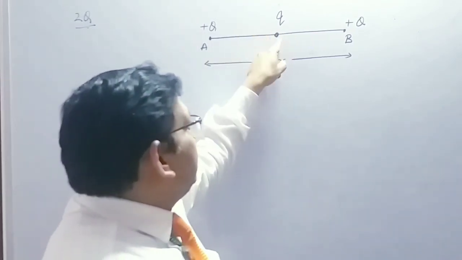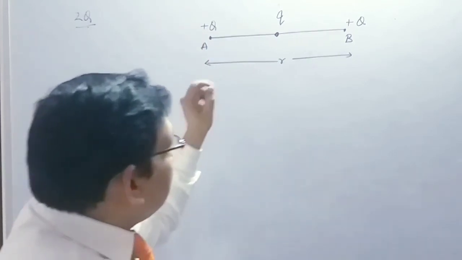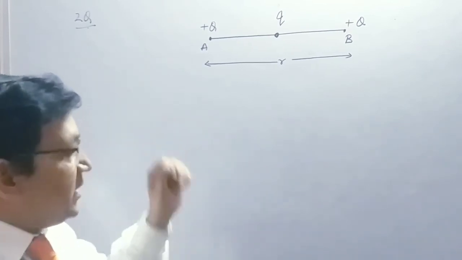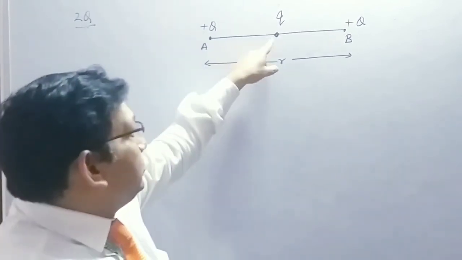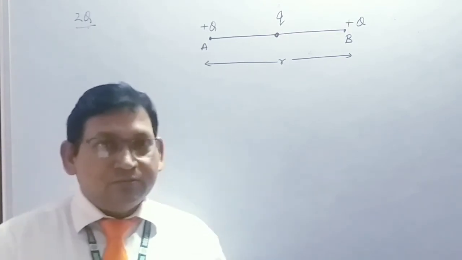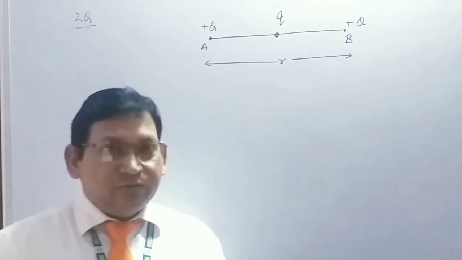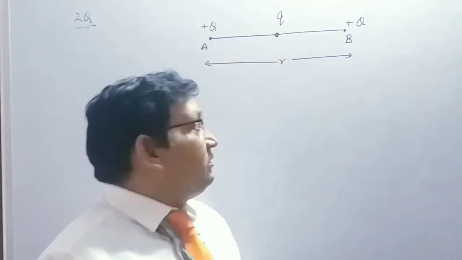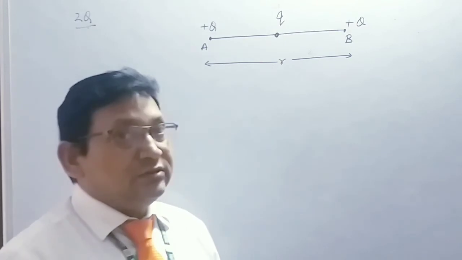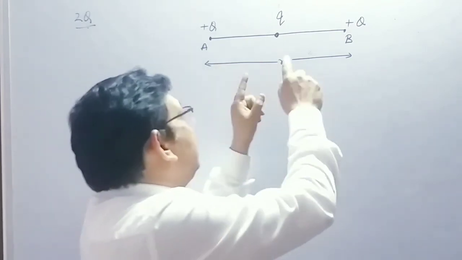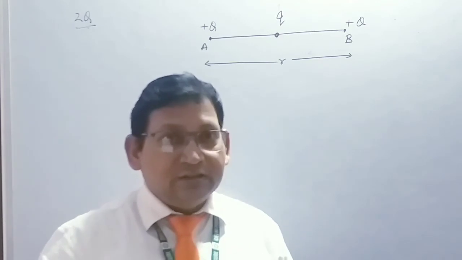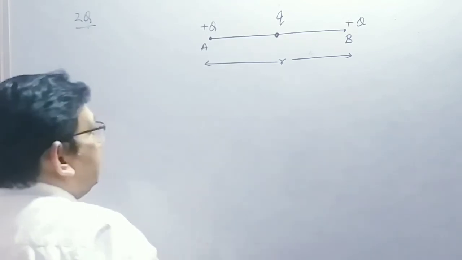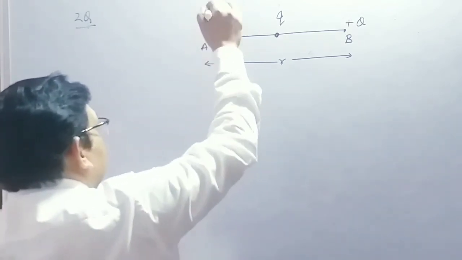So the net force acting on q must be zero. But if we apply the equilibrium condition only on q, we are not able to solve this question. When we apply the equilibrium condition for q, you solve it and find what the problem is in this expression. Both sides, q will cancel out each other, and I will not find any term for small q. So let's apply the equilibrium condition for this charge.